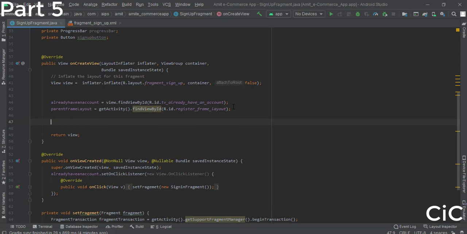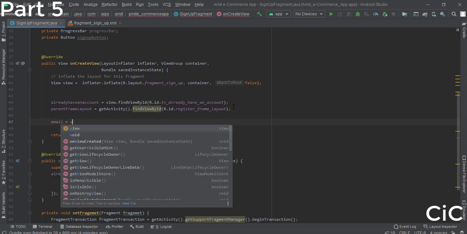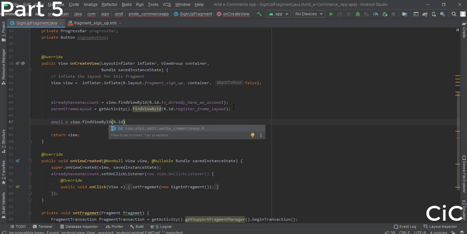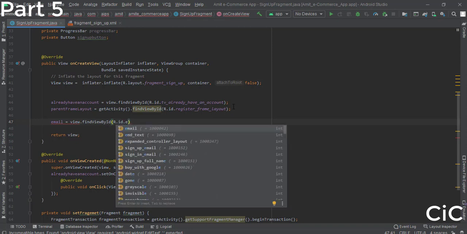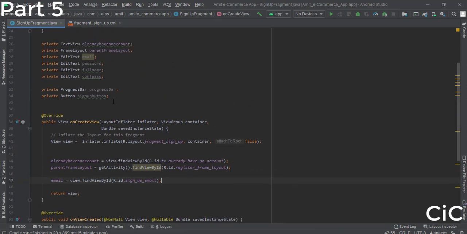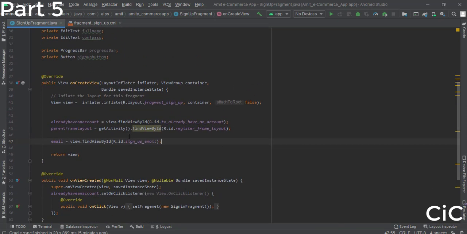We'll come here and first assign the email. The email is equal to view dot find view by ID, and here we'll pass R.id.email, which is the sign up email here. Similarly I'll do it for password, the full name, confirm password and progress bar as well as sign up button.